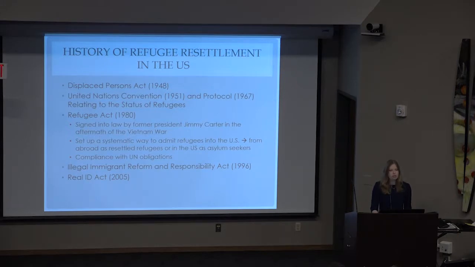Since 1980, there have been a number of laws that have made it more difficult to get asylum. The Illegal Immigration Reform and Immigrant Responsibility Act was passed in 1996. This was an effort by Congress to strengthen immigration laws and introduce restrictions for those who present illegally at the U.S. border. And then the Real ID Act was introduced in 2005, and this implemented further restrictions. It implemented some statutory bars to asylum and a greater burden of proof for applicants.